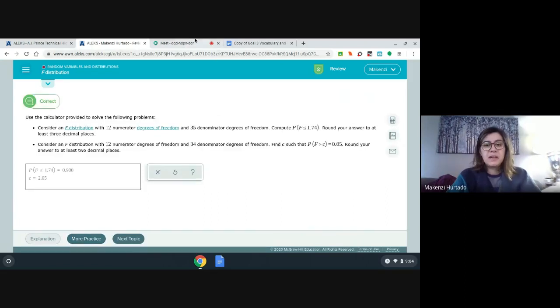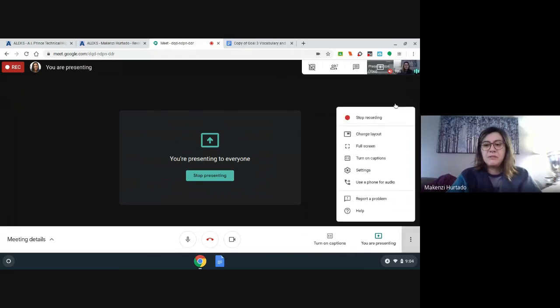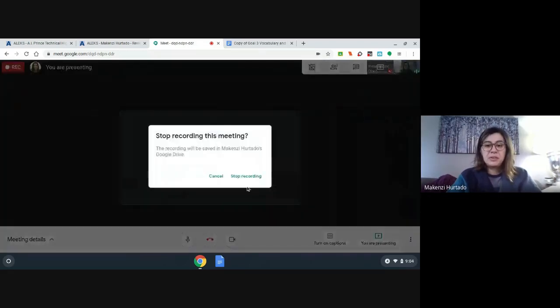Don't forget to use that formula chart and make sure that when you're using it, you write down the formulas or you have it printed out so that you don't have to keep going back